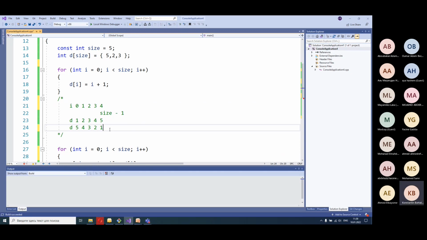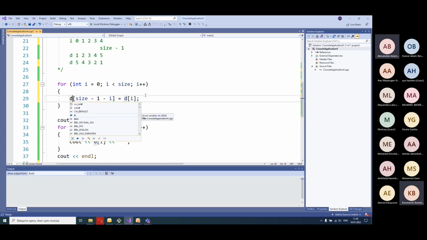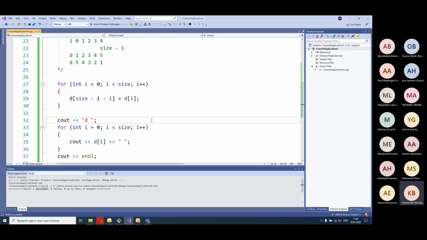Now we should use only one array, without array A. Well, how do you think? What should I write here? I was going to say, can you just replace the A with D? Yes, and my question, what happens if I just replace? In this case, the program becomes correct from the point of view of the compiler. Compiler tells us that succeeded, no errors, but